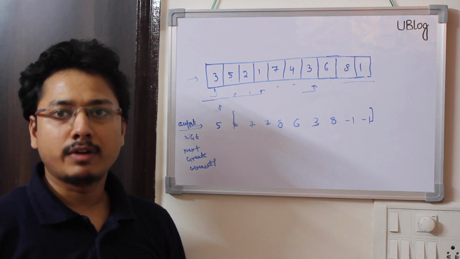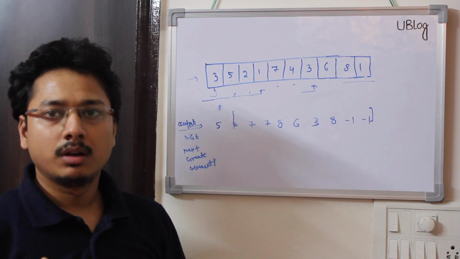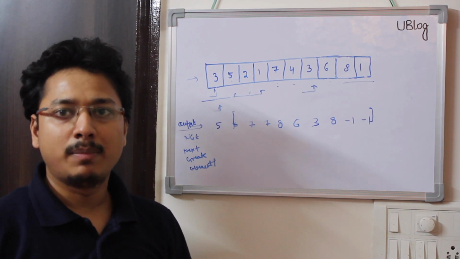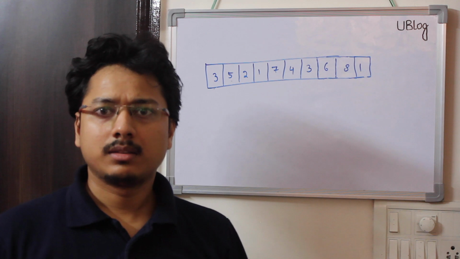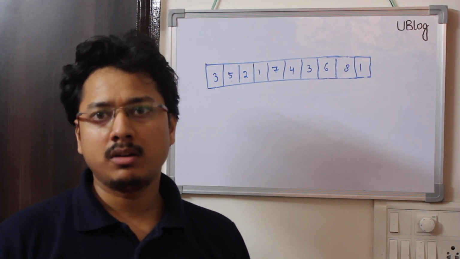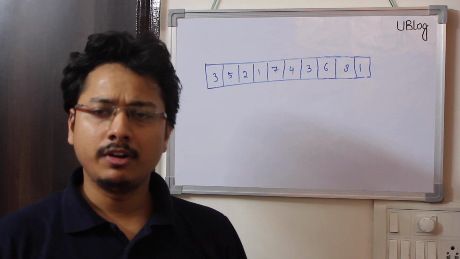Now we need to find a way using which we can reduce the time complexity from n square to a complexity which is less than n square. So let's think of a better solution. Look, the question says we need to find the NGE, and NGE is the first element on the right hand side of the array which is greater than the current element. So what if we try to solve